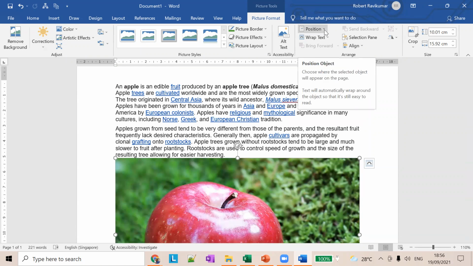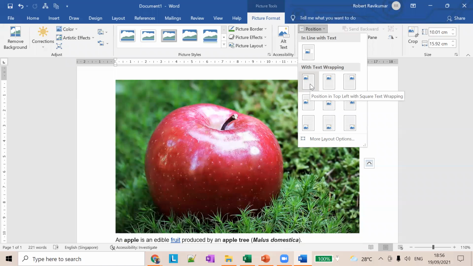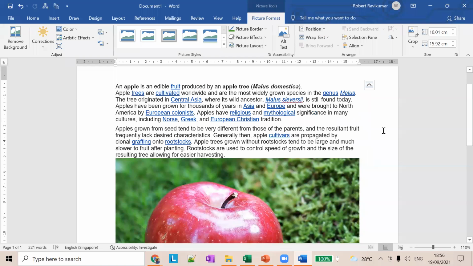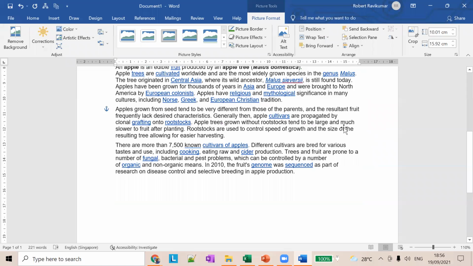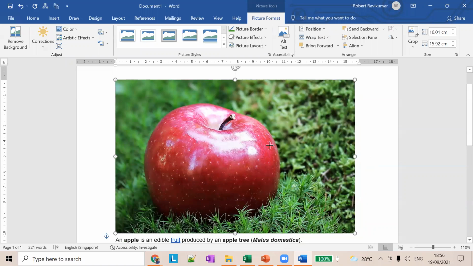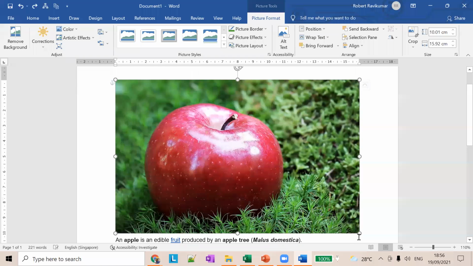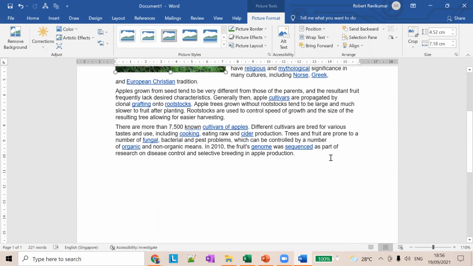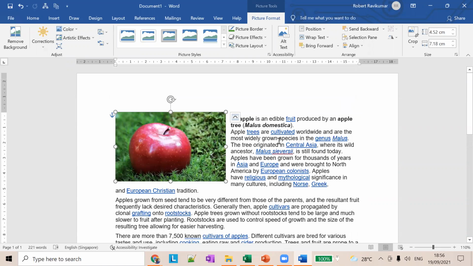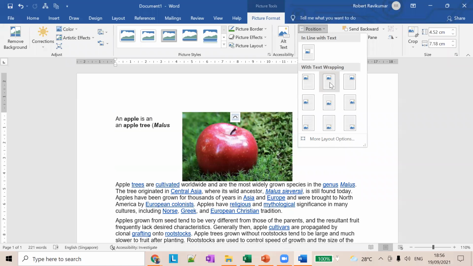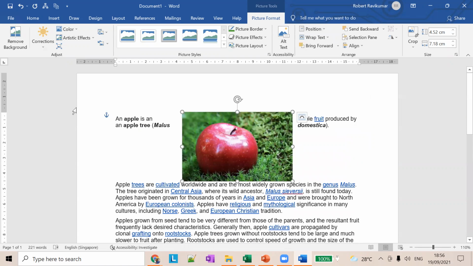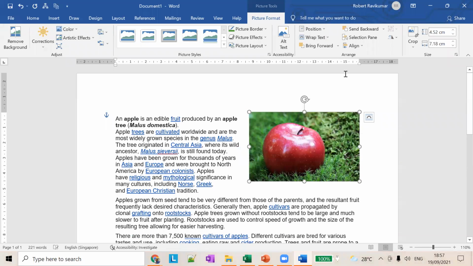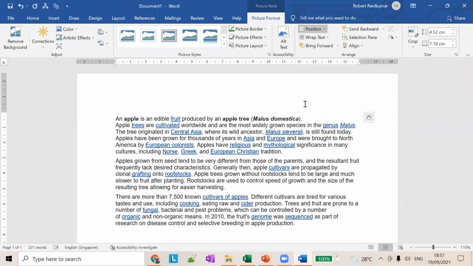So let's see other options. If you place it here, you can see the picture is moved to the top left. If you reduce the size of the picture, the picture comes here. So this is how it is positioned. It is positioned at the top left of the document. You can play with the different options here. If you see this, it will be in the top middle. Apart from that, you can set other positions, top right, or middle left.